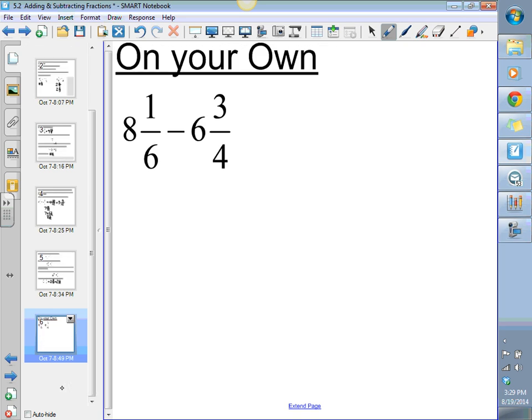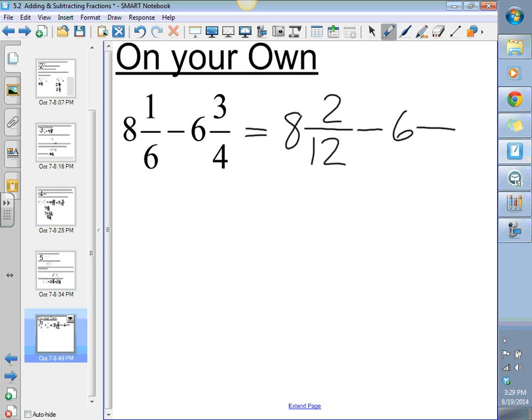And our final problem here is 8 1/6 minus 6 3/4. So our common denominator here is going to be, I'm going to move up, otherwise I'm going to run out of space. I'm going to come over here. Our common denominator is 12. 8 2/12 minus